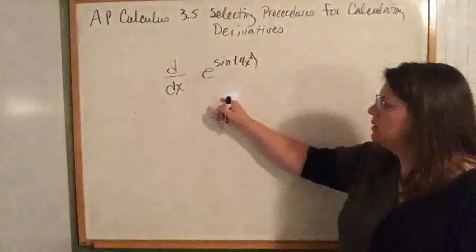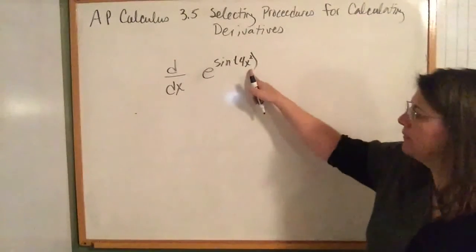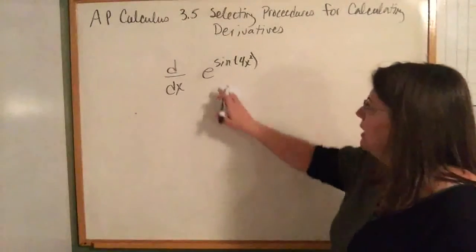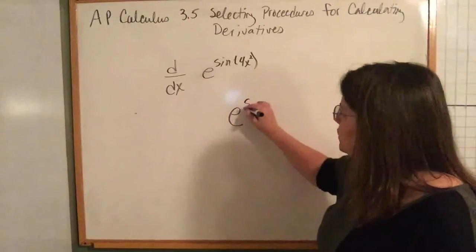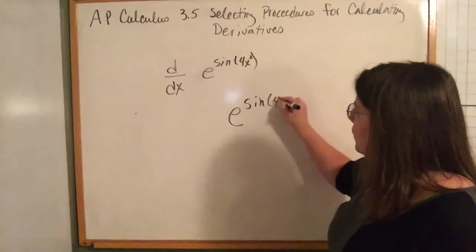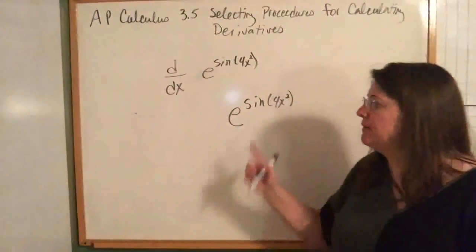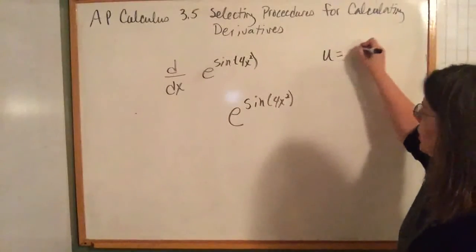In this one, we've got e to the sine 4x squared. For that, to take the derivative of an e function, remember you take the original e function and rewrite it. So that's e to the sine 4x squared. And then I take the derivative of the u part. Well, now let's think about that. If that's our u part,